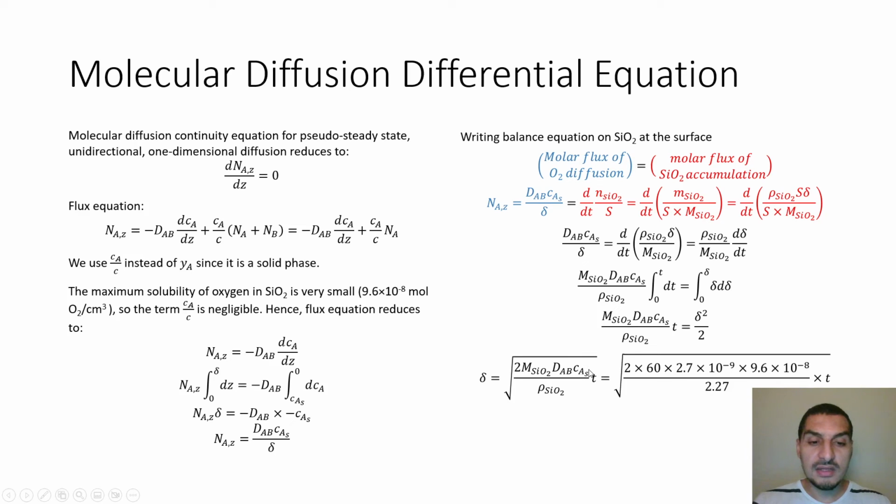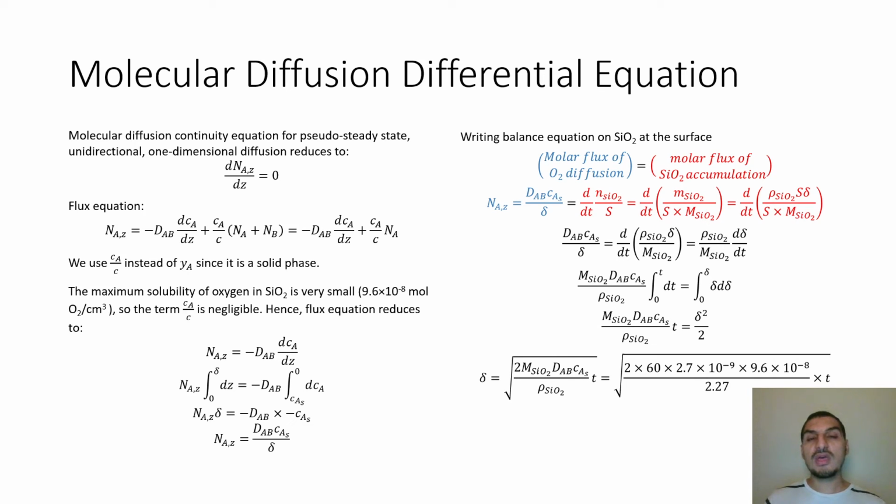And you'd see all these constants. We know the values of these constants. So we know the molecular weight, we know the diffusivity, the maximum concentration, we know the rho of silicon oxide, you know, everything. But one more thing I would like to encourage you to do as a quick check is to make